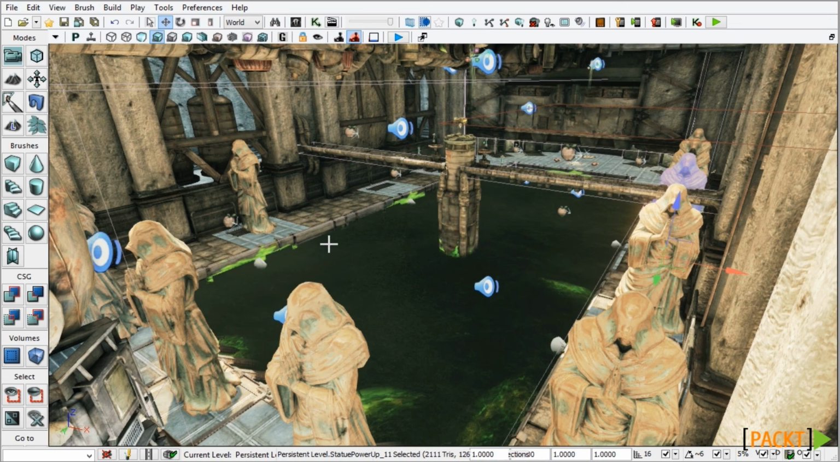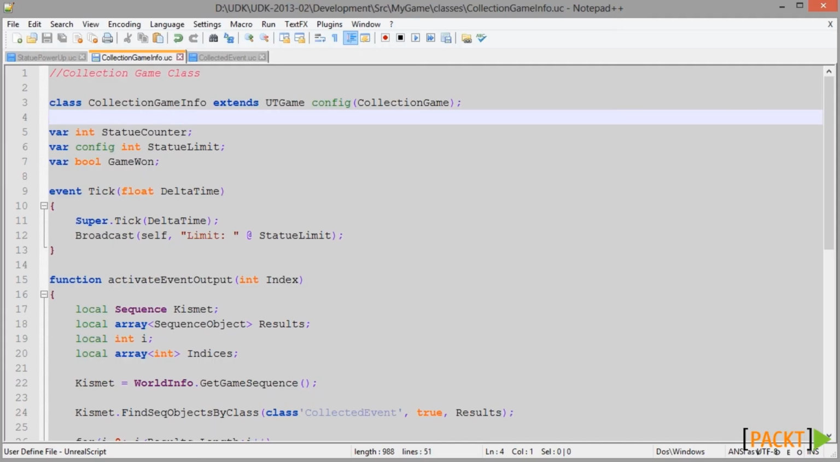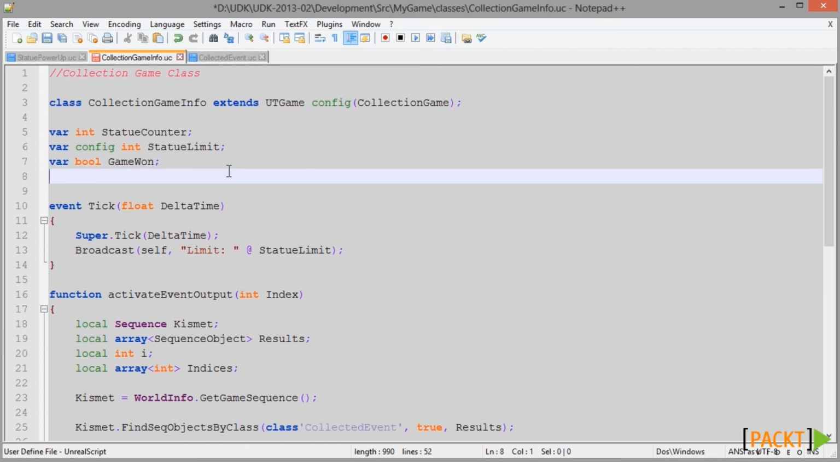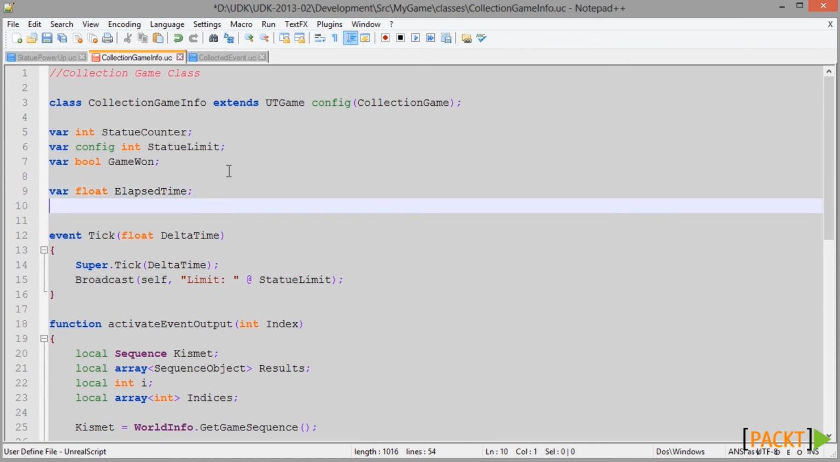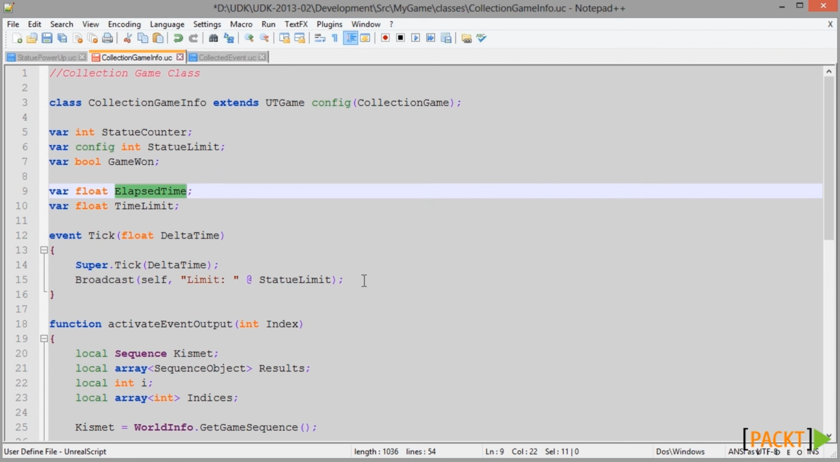I'm just going to jump over to Notepad++ to give you a brief idea about how you might go about coding that time limit. So I'm back here in Notepad++ in the collection game info class, and I just want to quickly show you how you might go about implementing a time limit. One of the ways you could do this is by adding two new variables to the collection game info class. You might, for example, add var float elapsed time, which will keep track of the amount of time that has passed in the game, and then var float time limit, which specifies the amount of time that the player has to collect the statue. And then all you need to do on the tick event is to increment the elapsed